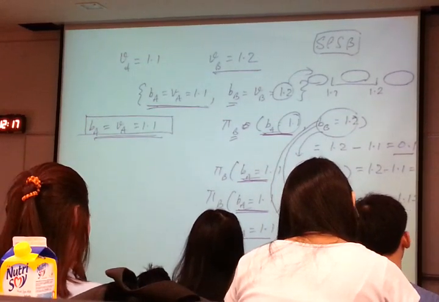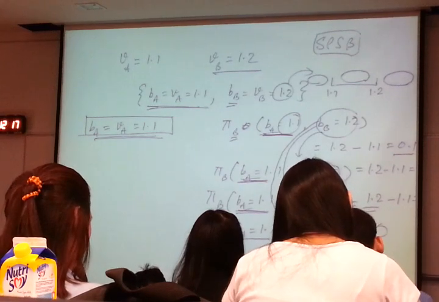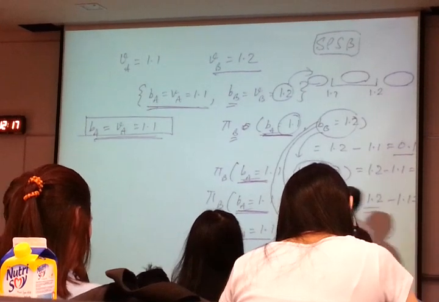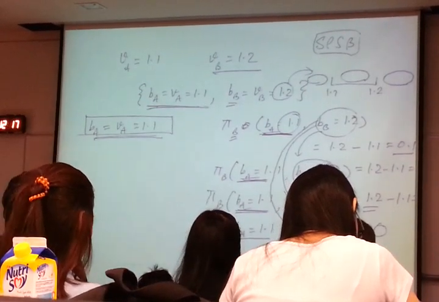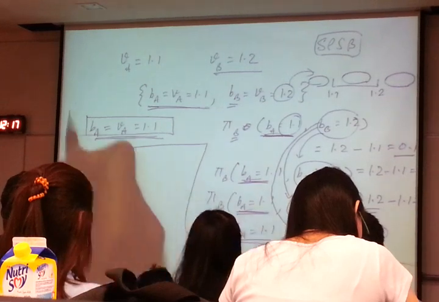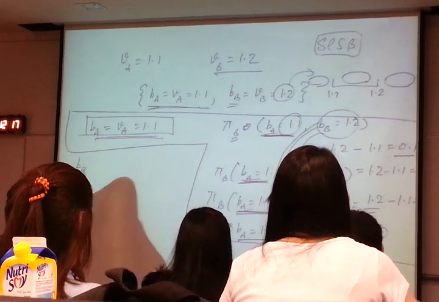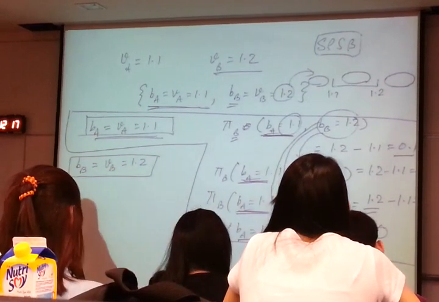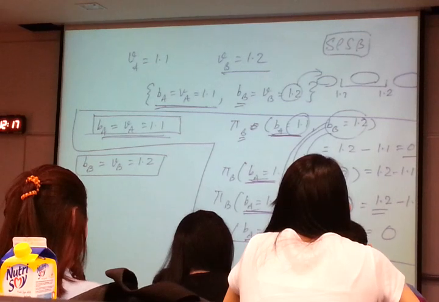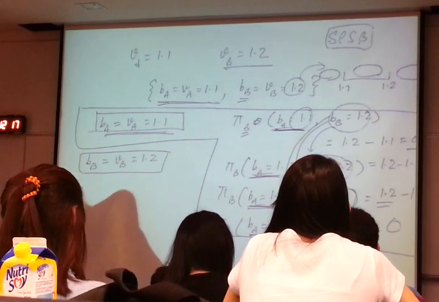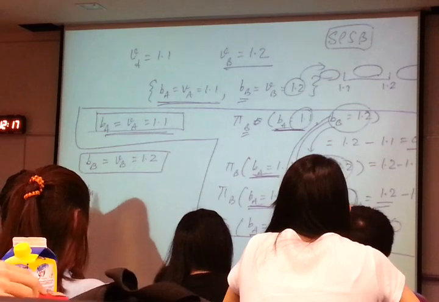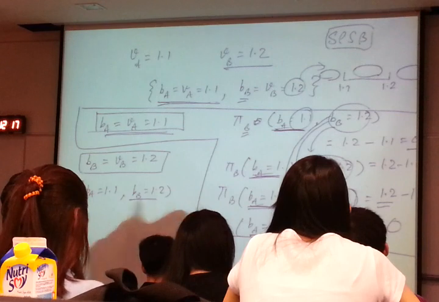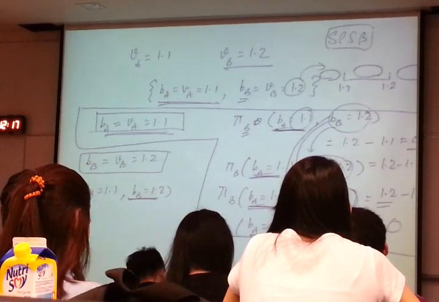Now that does not show it is an equilibrium set of strategies yet. You have to do exactly the same thing I did with Bert for Alex. That means holding Bert's bidding constant at 1.2 and looking at the payoff of Alex. Does Alex have any incentive to deviate from bidding 1.1 when Bert is bidding 1.2? So holding this constant, you look at all of the other possibilities.